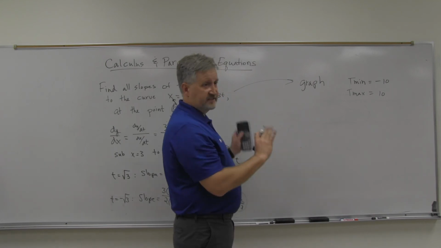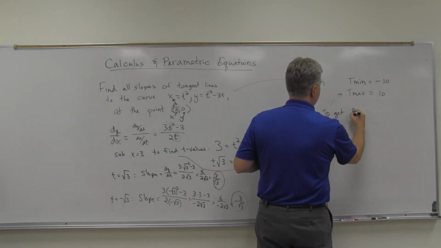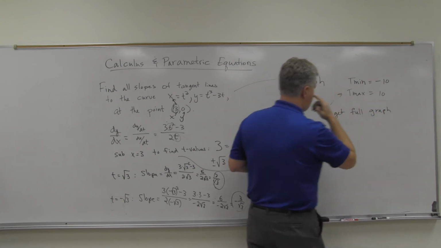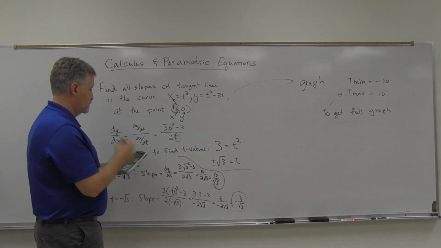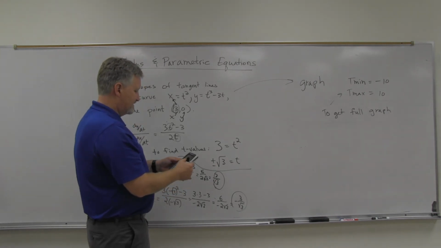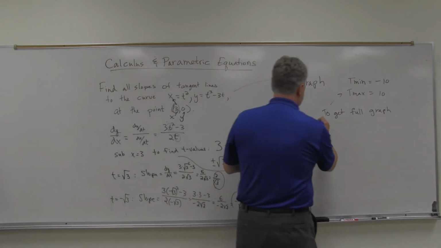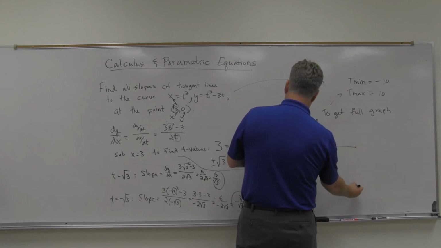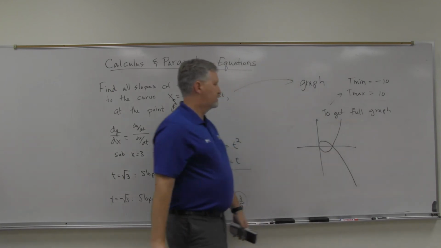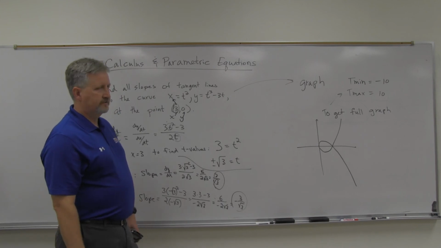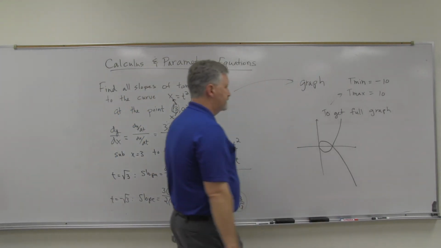Yeah. And that doesn't necessarily give you the full graph. To get the full graph here, we need to go something like negative 10, positive 10 for t min, t max. Yeah, so this graph is pretty interesting. Kind of got a little loop there. But anyway, what I was going to say is,